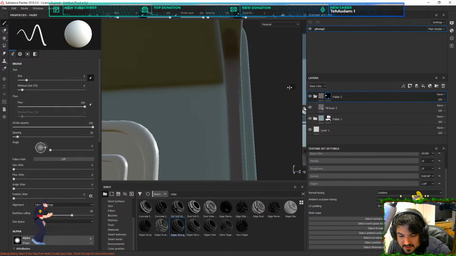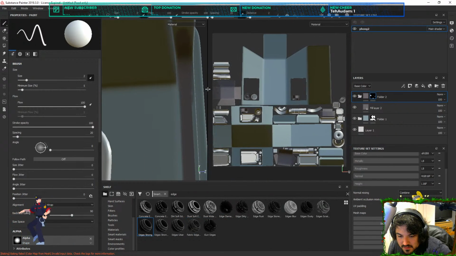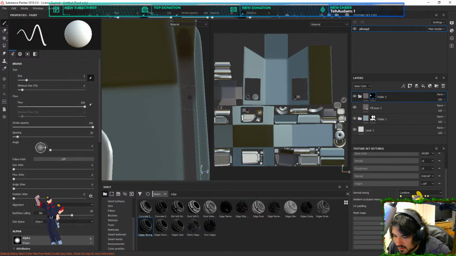Actually, I wonder if I color this part in. No, I've now left it detached. That's a shame.